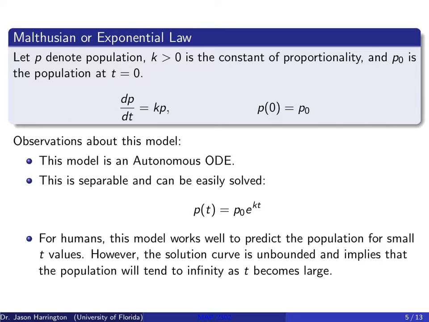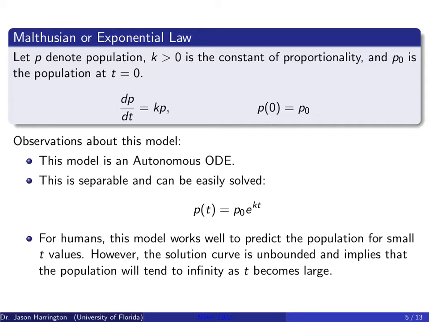And you'll notice this is a very popular differential equation that you probably already solved before many, many times as homework and practice. But if you let P denote the population, K is greater than 0 is the constant of proportionality. Again, if the society, or maybe you're talking about radioactive decay, then the K would be negative. But if you're talking about growth and things increasing, then the K is positive. But again, the K can be positive or negative, really. And P naught is the population at t equals 0. So you have this little ordinary differential equation, which is nice and easy. And then you also have your initial conditions over here. P(0) is equal to P naught.